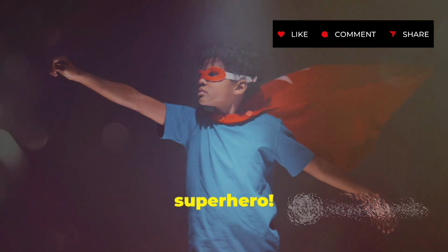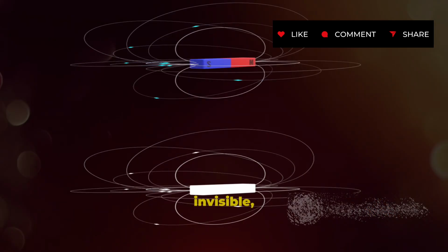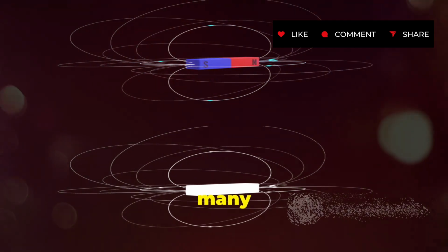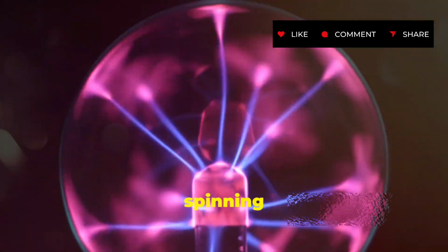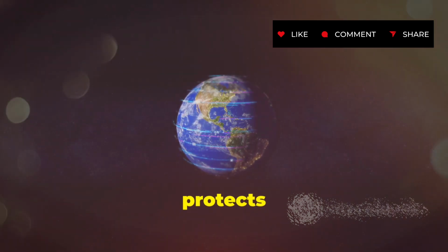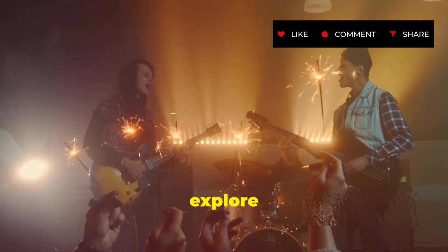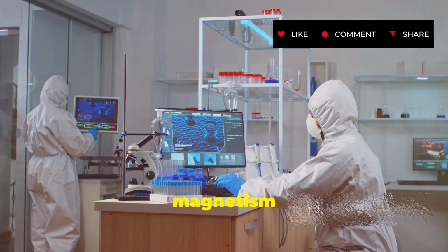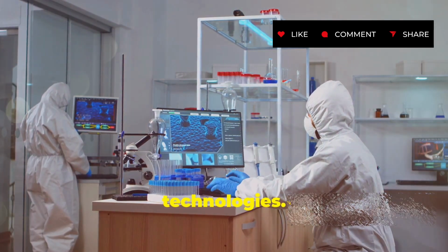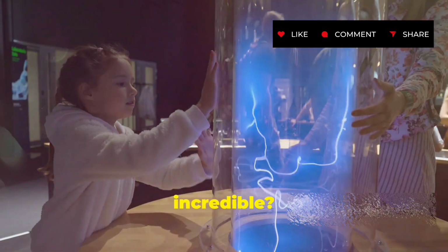It's a planetary superhero. So, as you can see, magnetism is a truly amazing force. It's invisible, yet it shapes our world in so many ways. From the tiniest electrons spinning in atoms, to the magnets on your fridge, to the giant magnetic field that protects our entire planet. Magnets help us make music, power machines, and explore the globe. The study of magnetism continues to unlock new technologies. It's a fundamental force that's full of wonder. Isn't science just incredible? Go explore,